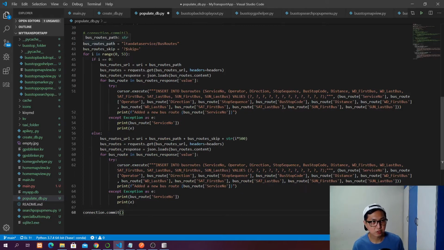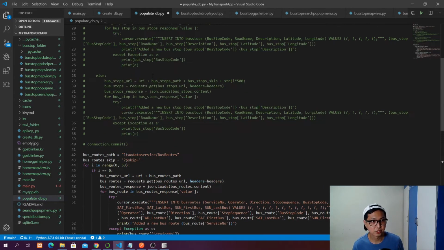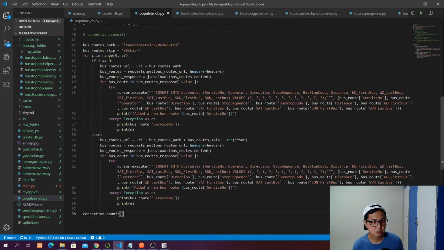So what's going to happen here is we have our base URI, then we have our bus route path, and then we have a skip. As I mentioned, for i in range of 0 to 53, if i is 0, the first query, we are not going to skip anything, and then our bus route URL is going to be the base URI plus the bus route path, and then requests.get. When we get the response, we want to look for the key of value, and then for each piece of information,